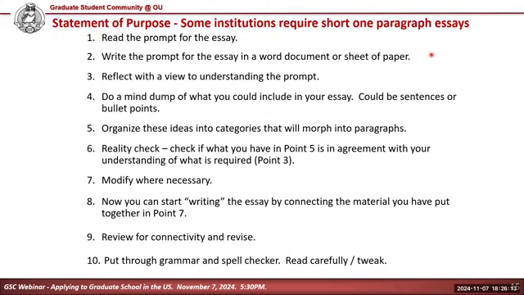Now, some institutions require short one-paragraph essays. When Georgia Tech, for example, requires a one-paragraph essay, and when I look at those essays, the prompt says X and the person tells me Y. Why would I go with a person who, when I want to know this, tells me something else? I don't care what you want to tell me. I want you to answer my question.